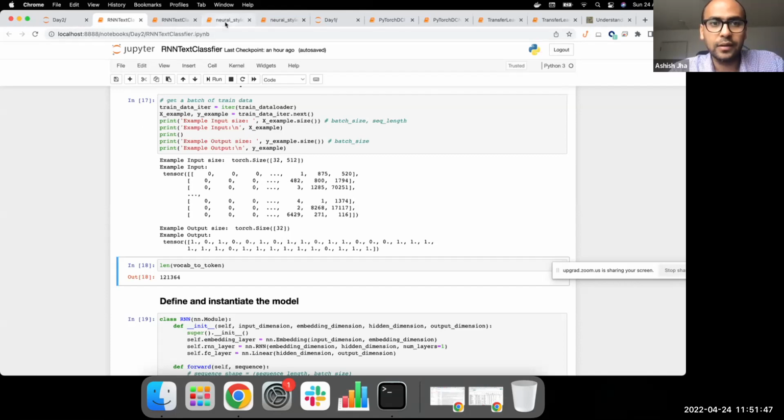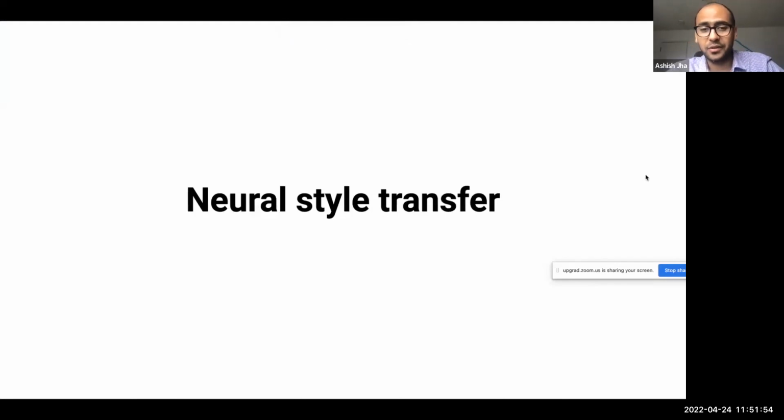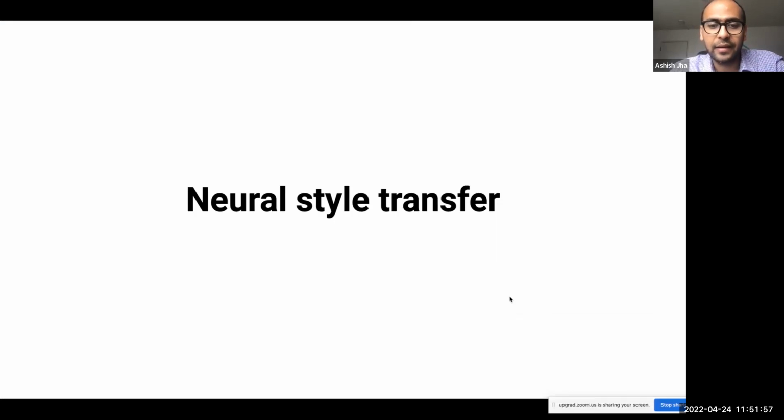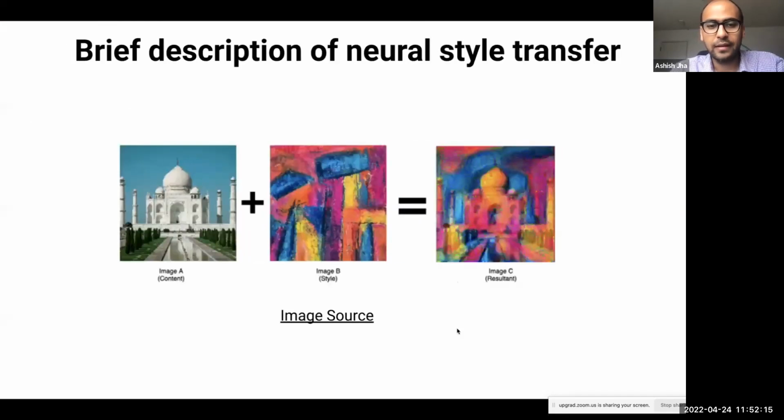All right. So let's move on to the final exercise of this whole workshop, and I assure you this is going to be really interesting, and you will want to hopefully run this yourself. So neural style transfer, in a nutshell: firstly I am going to describe what this whole application is, and then we are going to go into the details and implement it using PyTorch. But firstly, what we are going to do next is take two images.